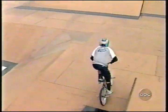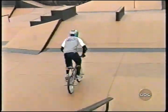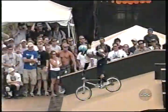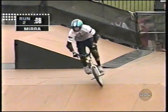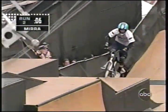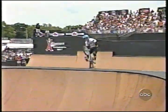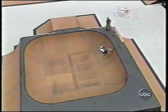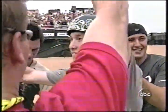Little Mirra low cash style over the box. I think he knows at this point that he's probably been dethroned, and this one's all about show for the fans. Using up the last little bit of time he has left, throwing another grind in there. I mean, really, if you think about it, after the fall, this is still a really good run. It is. It's a really good ride. I'm not sure it's going to be enough. Slow down his pace just a little bit. Last trick right here, up and over the hitching post. And that's going to do it for